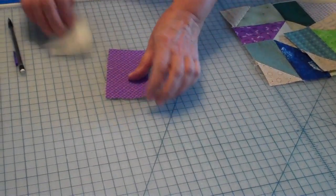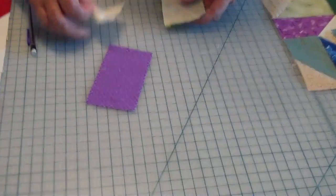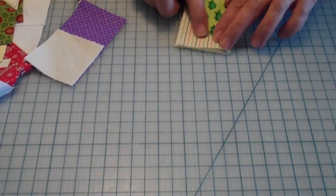Today we're going to talk a little bit more about the stitch and flip method that we talked about the last couple of weeks, and I'm going to show you some other things you can do with that same method. Here's a piece, and I've just cut a square that is the same width as that, and then drawn a line on it, and then I've sewn this one on,